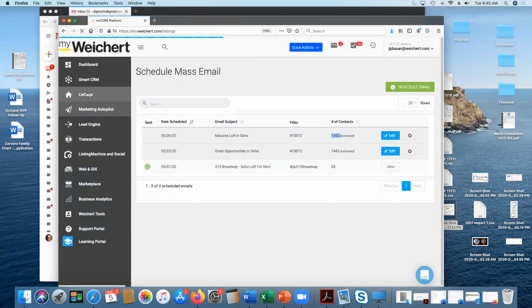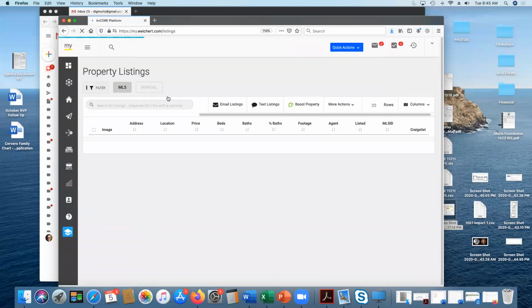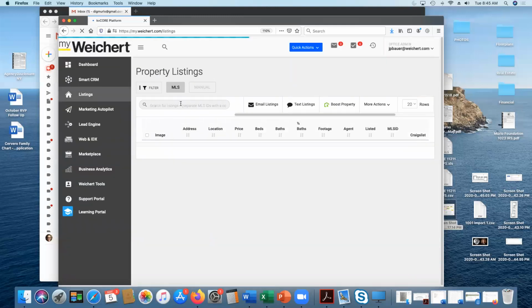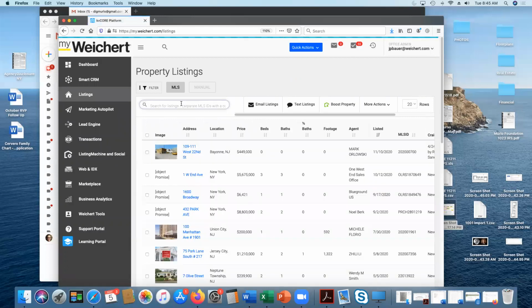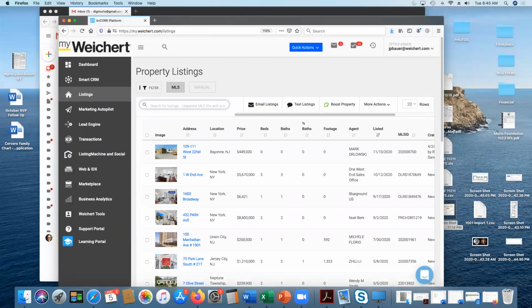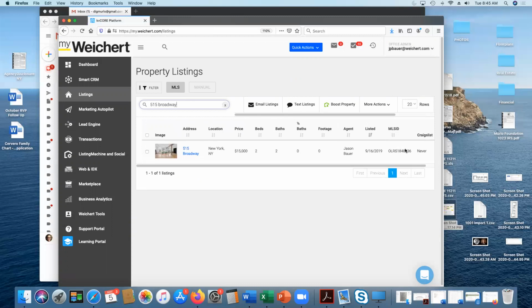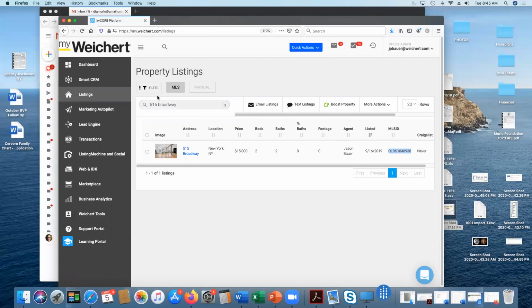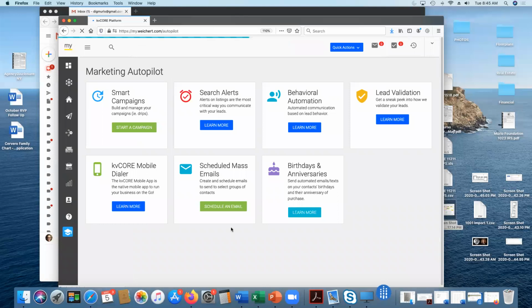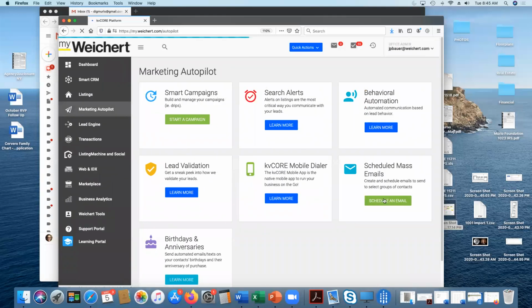I'm going to go in here under listings just to show you how to pull the OLR ID. Okay, so I'm going to type in the address of the property, hit enter, and here's my listing. And there's going to be an MLS ID. So if I copy this, and I go back to Marketing Autopilot to look at my mass email,